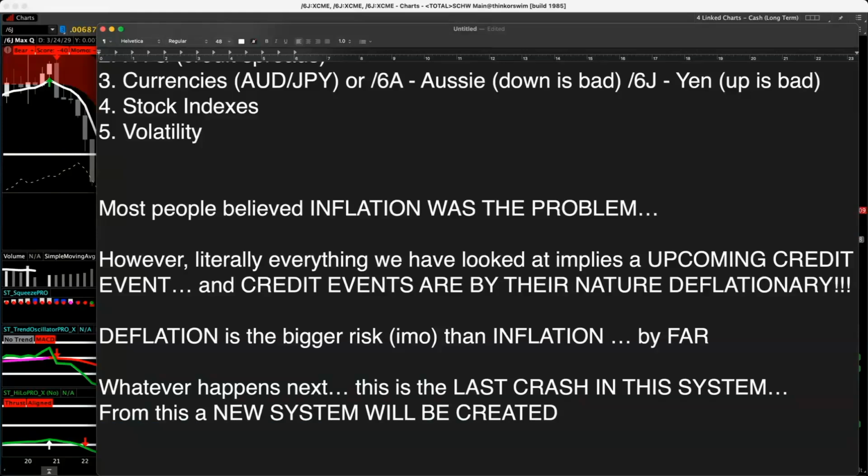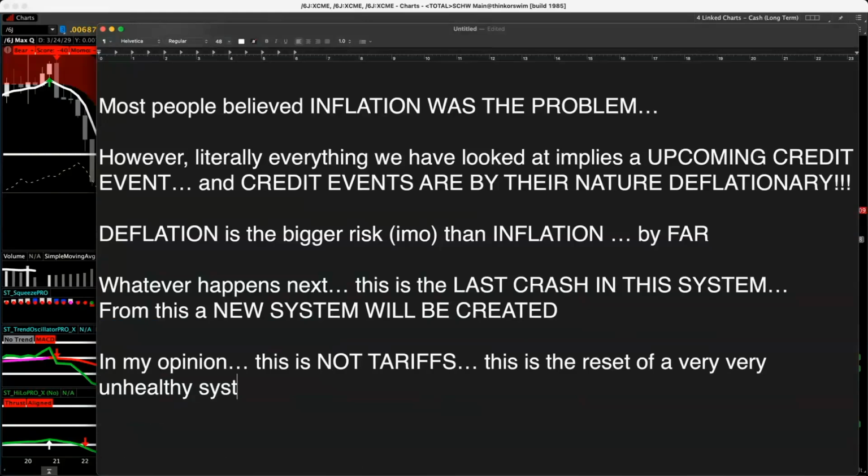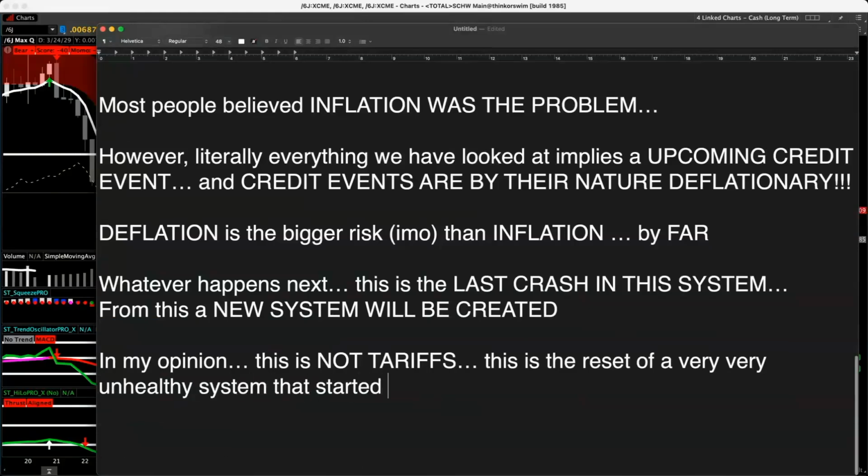And let me just go ahead and finish tying all this together. This is the 5% opinion part, so bear with me on this. You don't have to buy into any of this part, but I'll just put it out there for you. In my opinion, this is not tariffs. This is the reset of a very, very unhealthy system that started or was accelerated